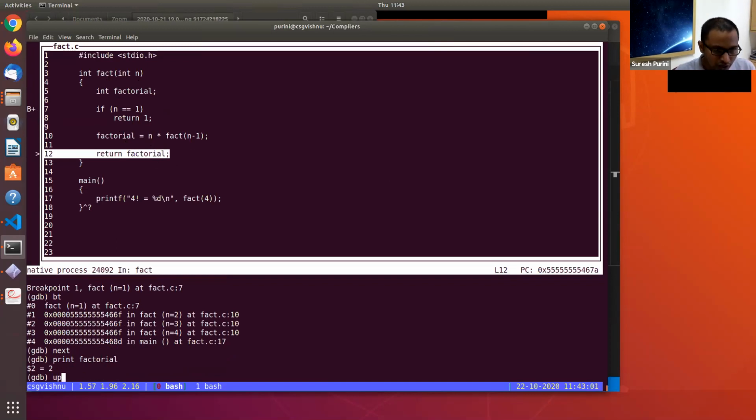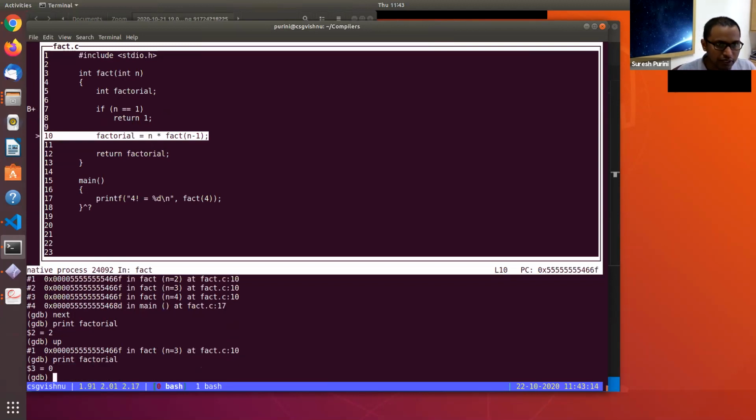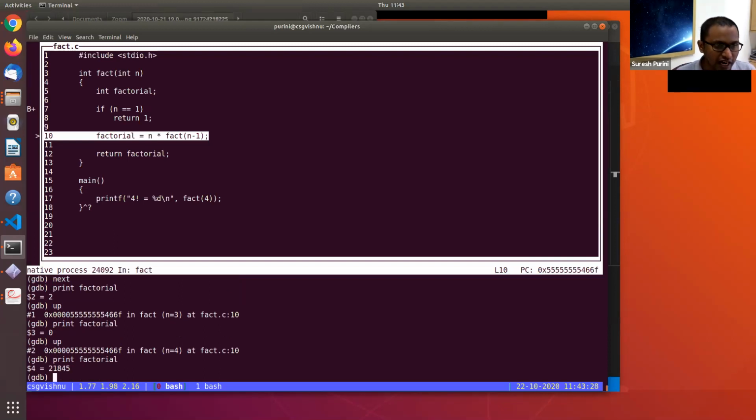But if we go up and look at the activation record associated with the invocation of fact with the parameter n equal to 3 and print factorial, it is giving 0. It could be 0, it could be some random value. If we go up and print again, now it is a random value.